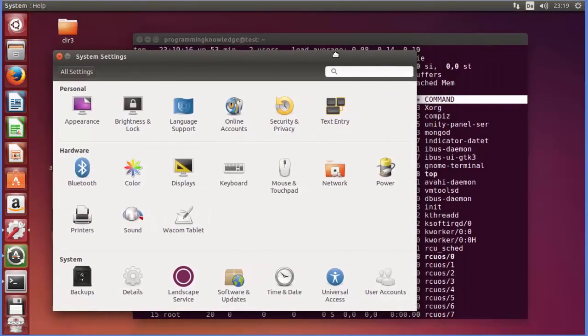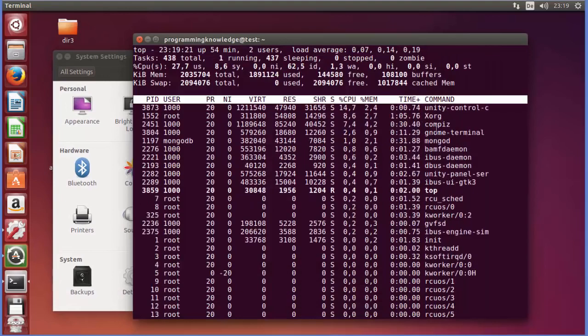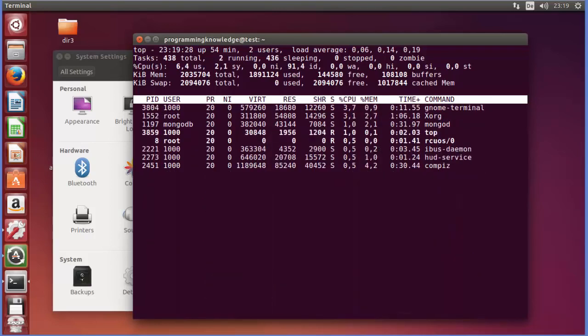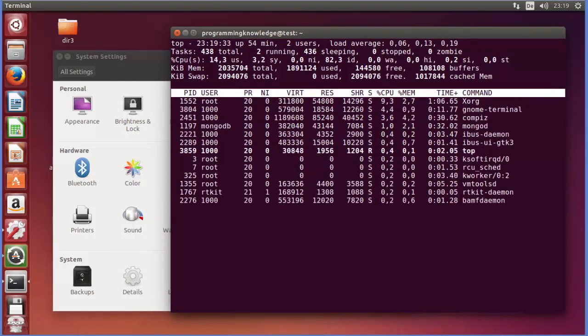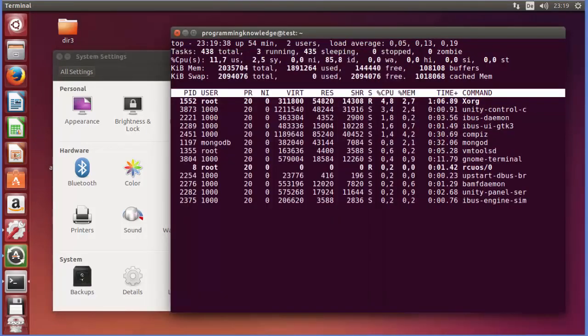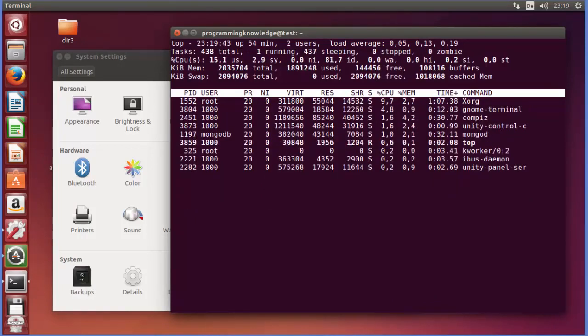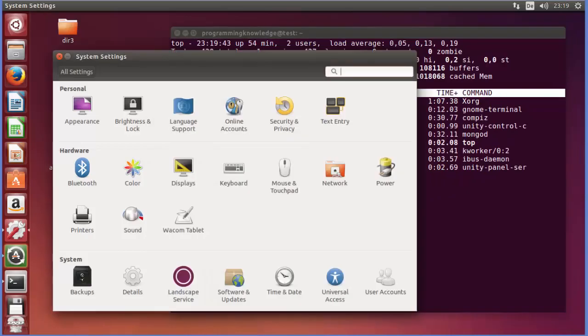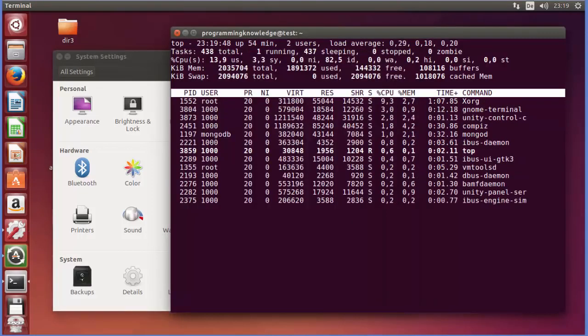When I do this on my top command, you can see unity-control-center is running, and when I press I, so it will just give me the overview of the running processes, right? So when I do some clicks here, I will be able to see the process, which process is doing what. So this, when I press, and I can see here this process is